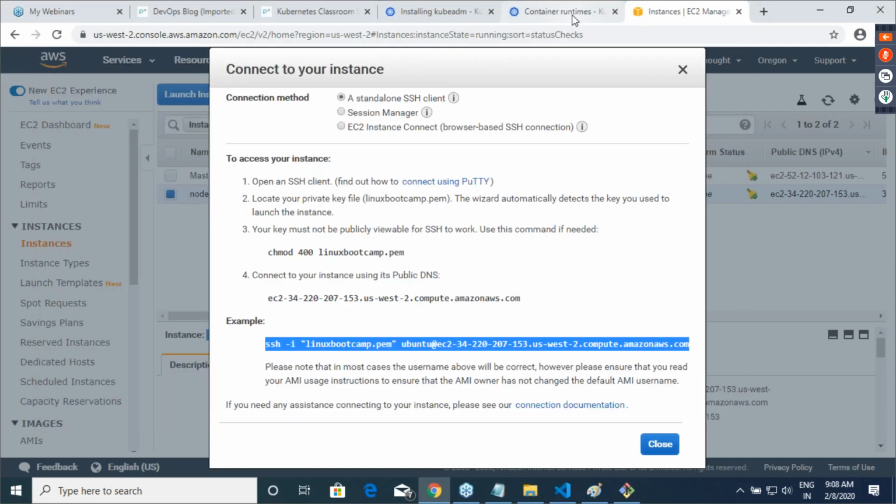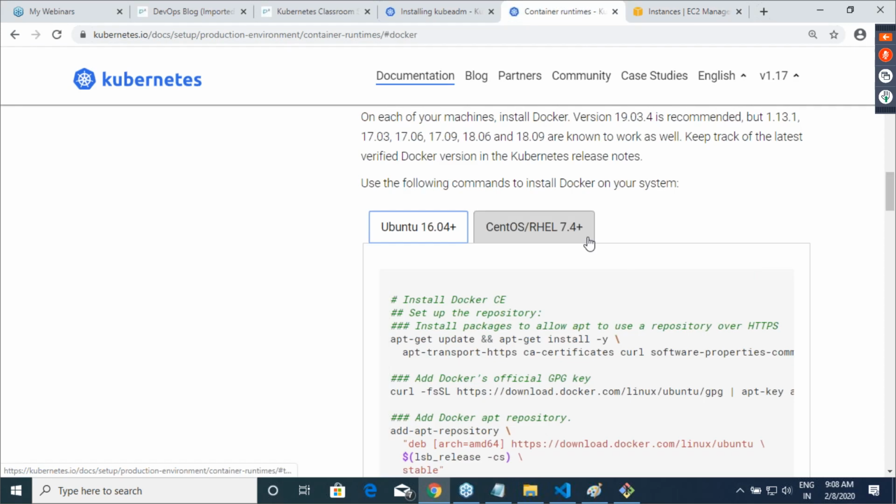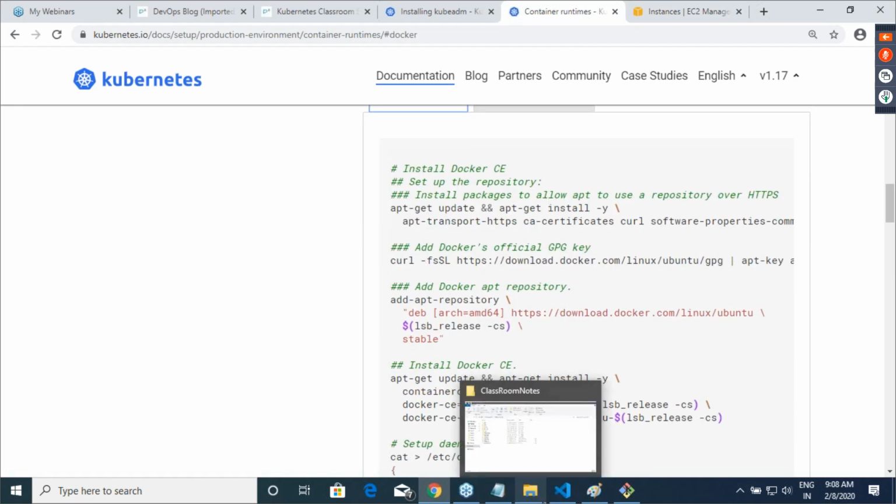So if you come from an Ansible background or if you know shell scripting, what you can do is try to write a shell script which will do all of this.